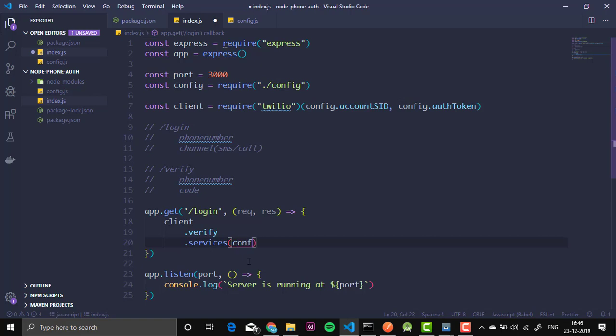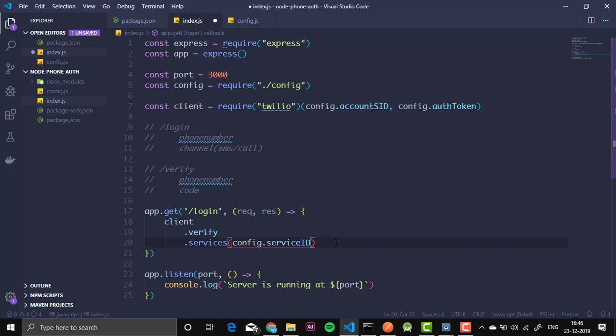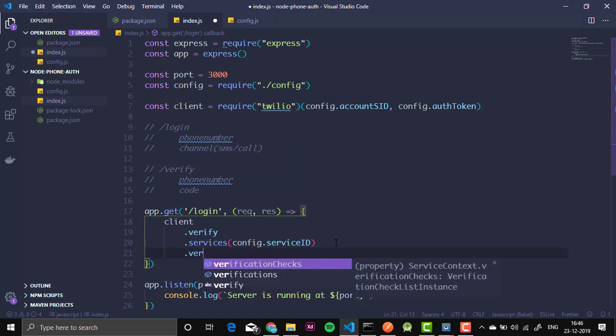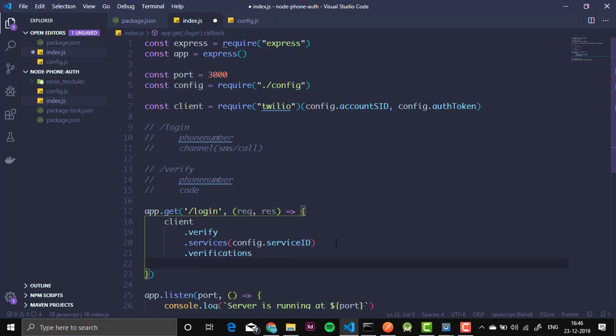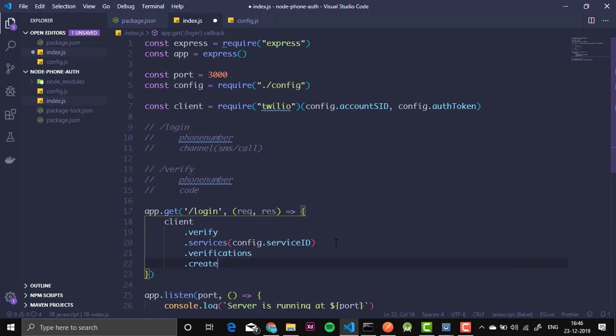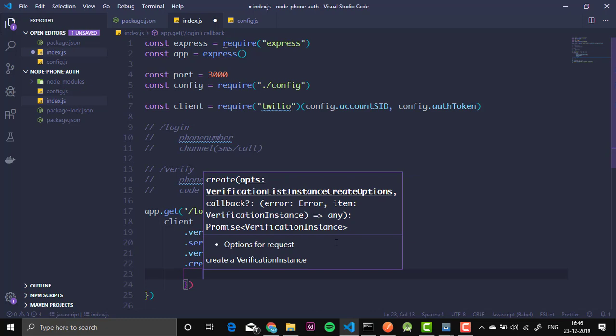We can just use config.serviceID, and we do verifications, on which we will create a request, and it contains two parameters, that is to and channel. So as an object we need to pass here